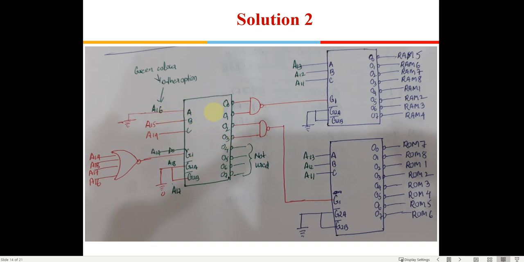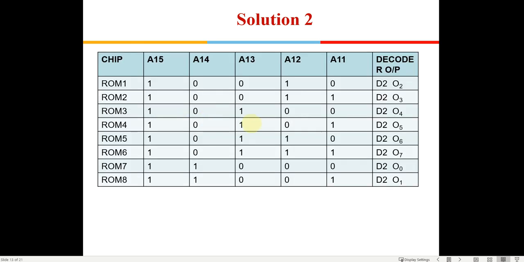We have used one more chip out here, and if you see A14, 15 and 16, these are permanently grounded. So we are using 0 0 and 0 1 for this RAM series, and 1 0 and 1 1 for the ROMs.